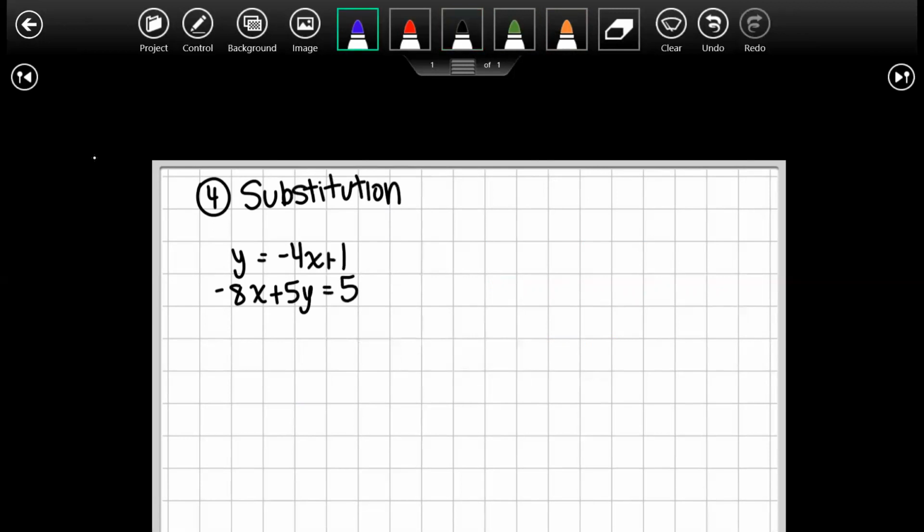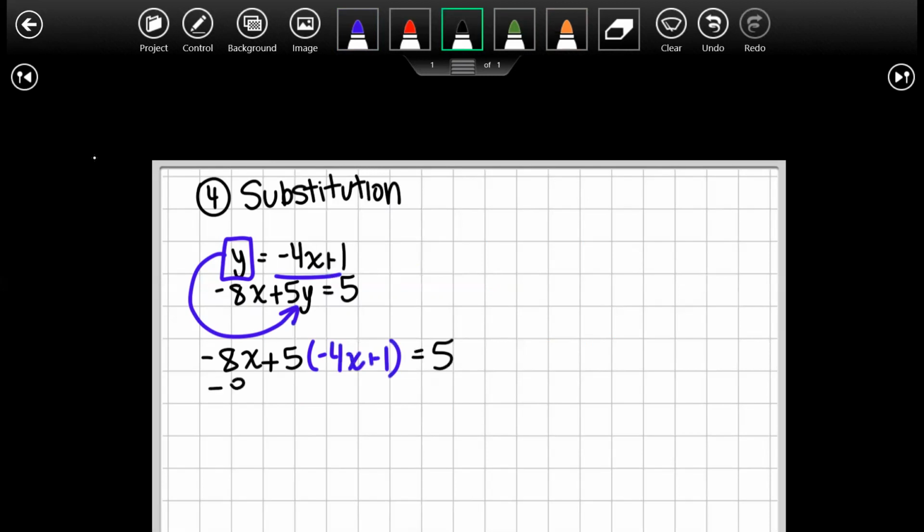Using substitution, we want to be able to find our isolated variable. We're going to take this and plug it into the one down below. So this is going to give me negative 8x plus 5 times y. Y happens to be negative 4x plus 1, equaling that to 5. And all we got to do is just simplify out and solve. We're going to get negative 8x. I'm going to use distributive property here to get negative 20x plus 5,